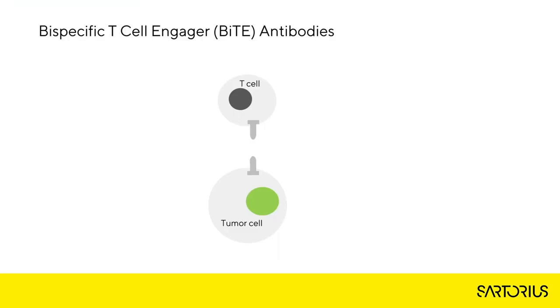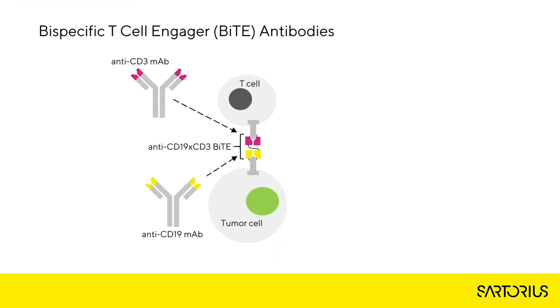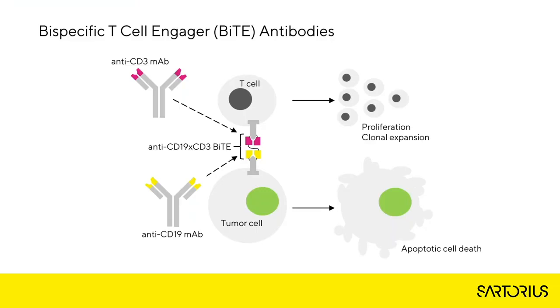BiTE antibodies are made up of fragments from 2 antibodies attached by a hinge that function by binding to both the T cell and the target cell simultaneously. This brings the activated T cell into direct contact with the specific target cell of interest. In this case study, we've used an anti-CD3 cross CD19 BiTE antibody. This exclusively binds to CD19 positive target cells, such as those in B-cell lymphomas, allowing specific target cell killing. Once the antibody has bound to both target and the T cell, the T cell undergoes clonal expansion and proliferation, while the target cell is attacked and eventually will undergo apoptosis.